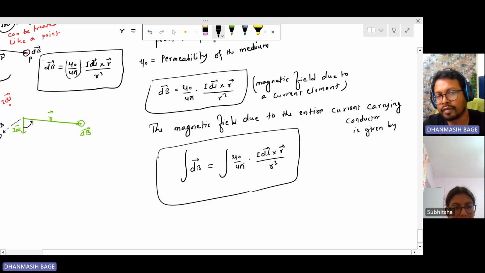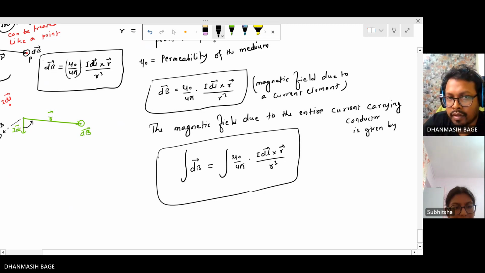That's nothing. Clear this thing? If you take the integration of this thing, then the magnetic field can easily be figured out